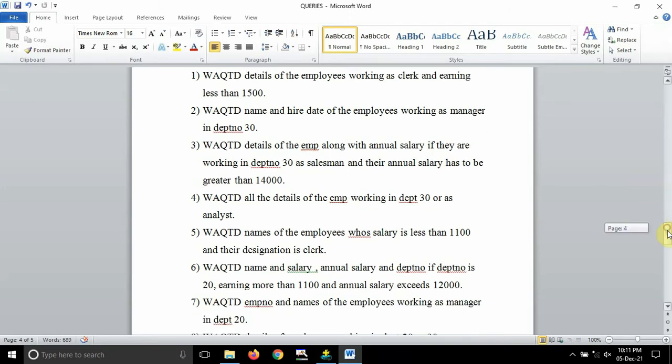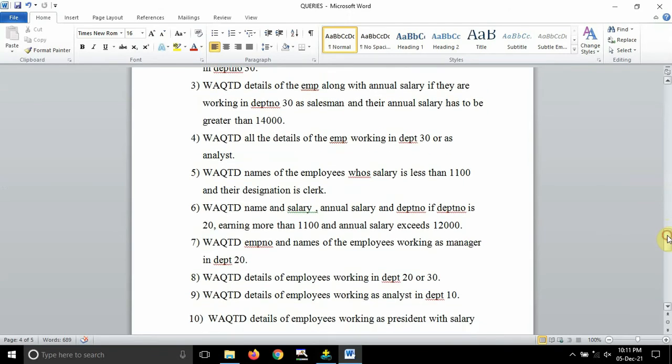The next one is: write a query to display details of the employee along with annual salary if they are working in department number 30 as salesman and their annual salary has to be greater than 14,000. So whenever there is a phrase along with, we have to use the emp dot star format here.